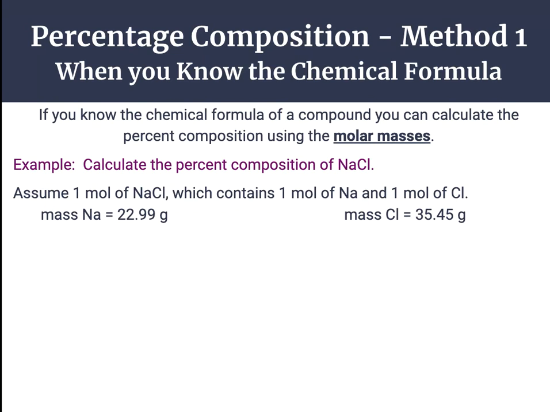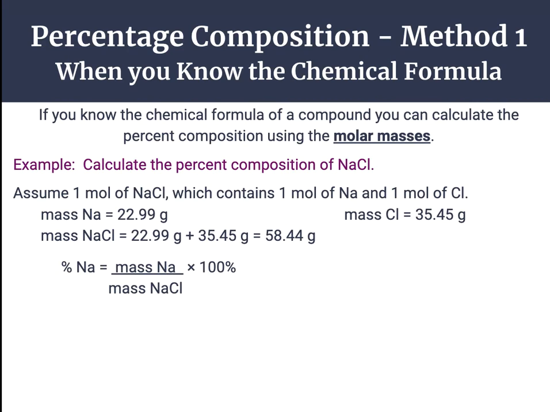So the mass of sodium in 1 mole is 22.99 grams, and the mass of chlorine is 35.45 grams, and those are the molar masses from the periodic table. We're also going to need the mass of sodium chloride combined, and so that's 58.44 grams. Now that we have those masses, we can use our formula. The percent of sodium is going to equal the mass of sodium over the mass of sodium chloride times 100%. So 22.99 grams divided by 58.44 grams times 100% gives us